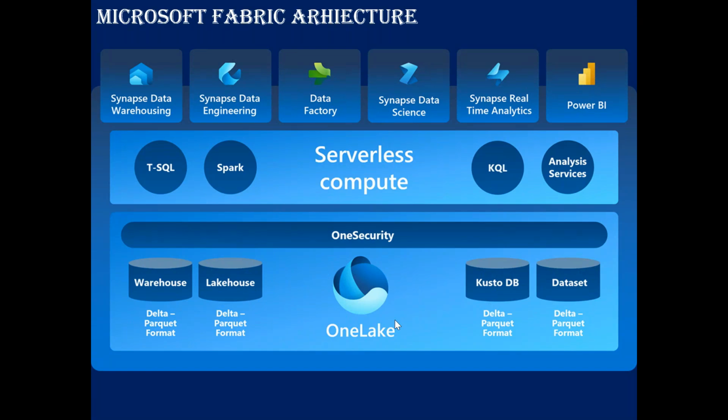Here, about this Kusto database, how can I relate? It will handle real-time streaming. For example, in Databricks we have Delta streaming and Autoloader. Similar kind of service this is. Now, Kusto database is basically used for storing the real-time data, whatever is coming. So for that particular purpose, we will be using the Kusto database. We will talk about all those things. Give me some time, we will go through all of those things today.